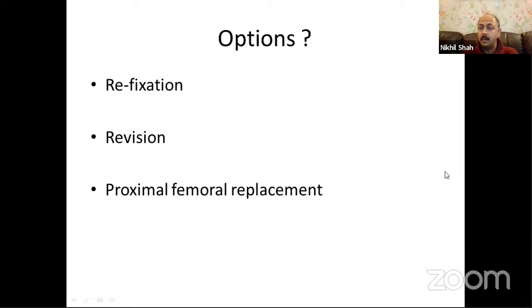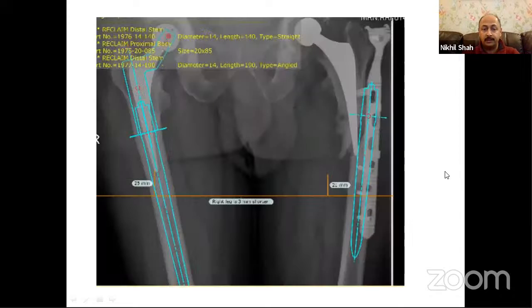But in a young person, when you do that, you eliminate all future possibilities of reconstruction. And when a proximal femoral replacement starts dislocating or it fractures below the tip, you have nothing left but a TFR. And if it gets infected, we've inherited some patients where the options have been a hip disarticulation. So my philosophy is to try and be as conservative as you can, try and save as much bone as you can. So this was the planning, the various different lengths of stems and plates, and you have to keep available everything on the shelf.